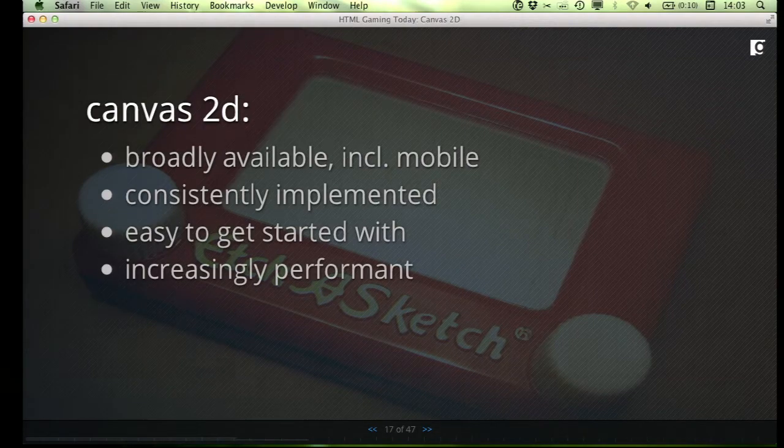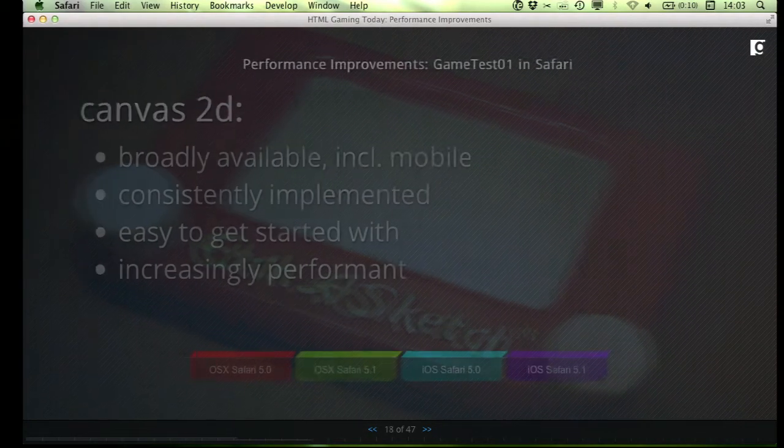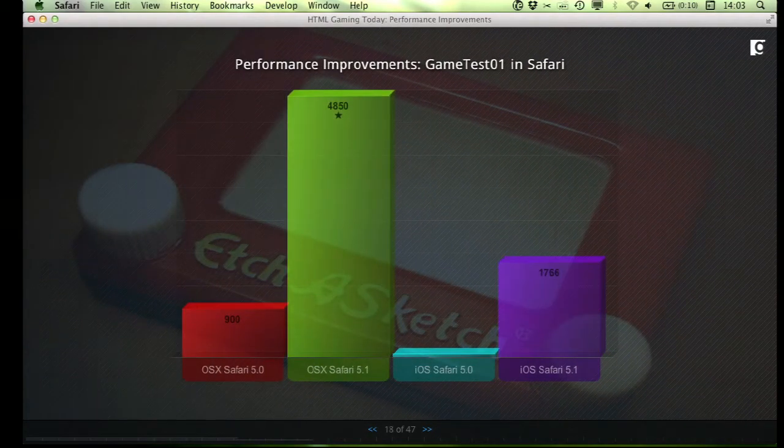And it's becoming increasingly performant. We're starting to see it become hardware accelerated, and so we're seeing results like this now. Comparing desktop Safari 5.0 to 5.1, where 5.1 got hardware acceleration, we're seeing about 5 times the performance in a benchmark tool called Game Test 1 that I wrote, which just tests how many sprites we can push around at an adequate frame rate.